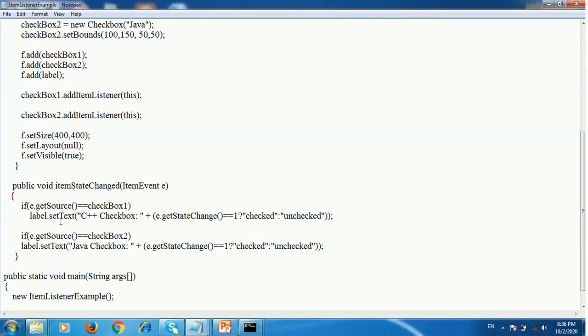Means when you click on checkbox1, that time the checkbox is checked. So the label displays C++ Checkbox checked, and when you uncheck checkbox1, that time using the setText method, it displays C++ Checkbox unchecked. Same for checkbox2.